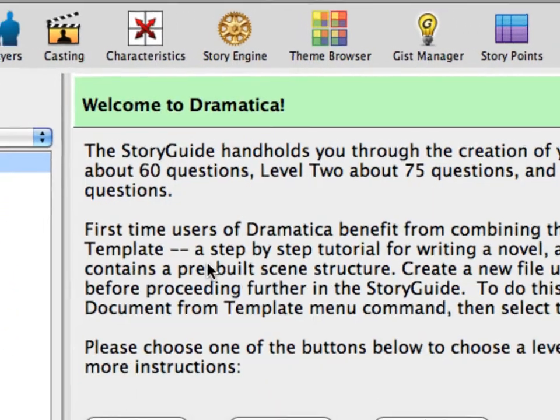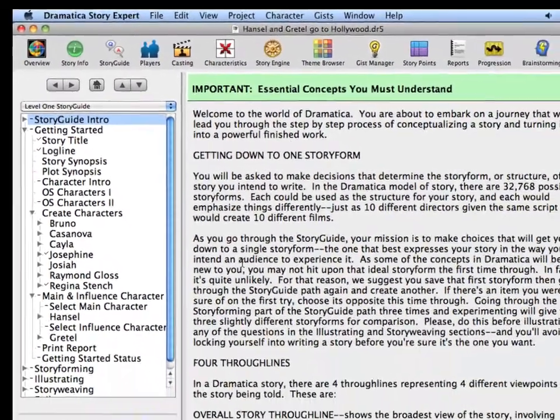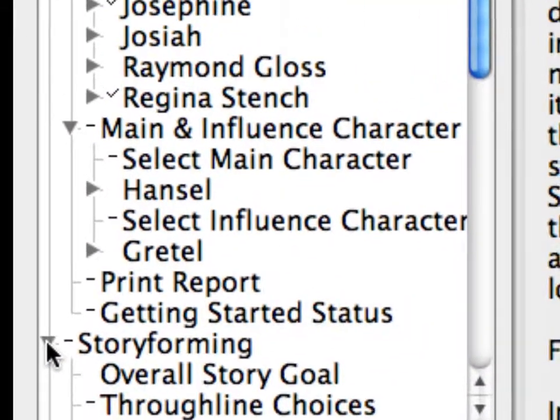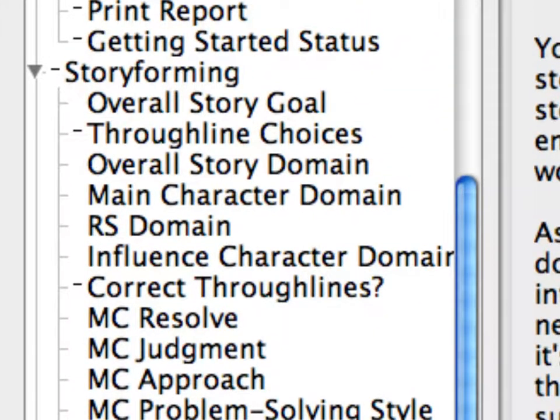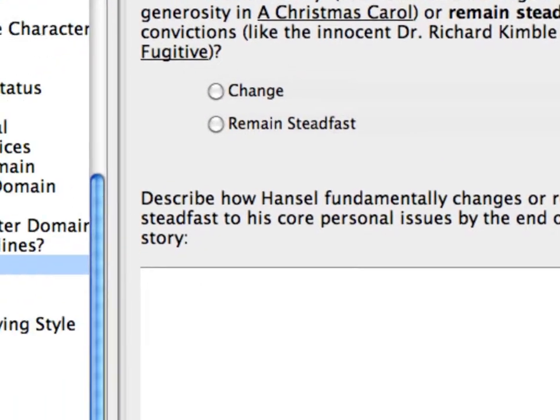Push the StoryGuide button. This is the place to start for those new to Dramatica and the place we'll use to show you how to make story forming choices for this tutorial. Push Level 1 to go to Level 1 of the StoryGuide. Open the story forming section by clicking on the Expand Topic icon. Select MC Resolve. The topic lets you choose or identify your main character's resolve, which has two choices, change and remain steadfast. Notice that there are